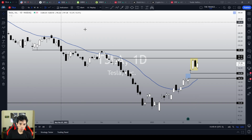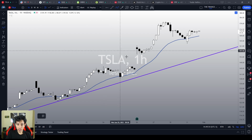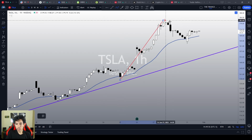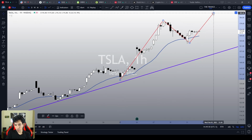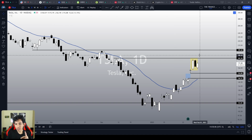However, we are still very bullish in the 1 hour chart, and we have yet to break yesterday's high, meaning as long as we don't break yesterday's high, Tesla will not resume the bullish sentiment. In addition, if we break yesterday's high, Tesla is going to trigger another bullish pivot point, meaning that the bullish bias will not only persist in the 1 hour chart, but it is going to resume in the daily chart,